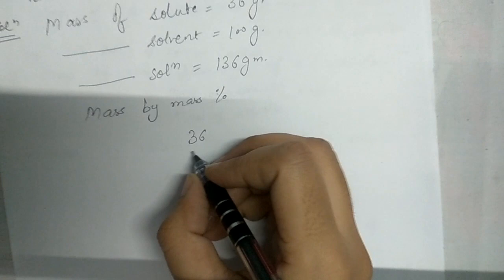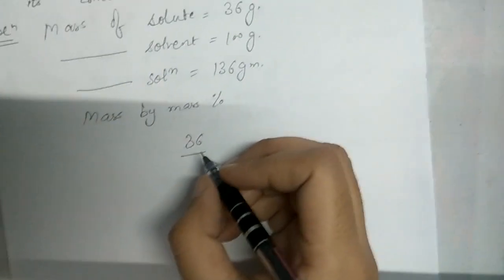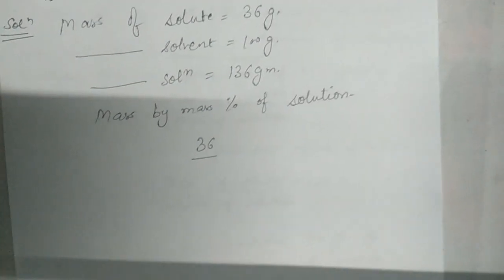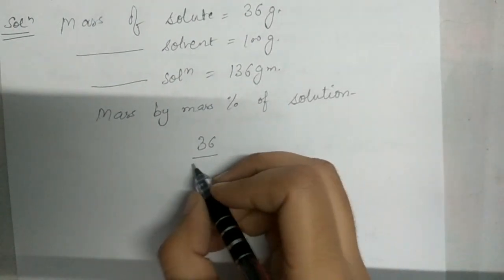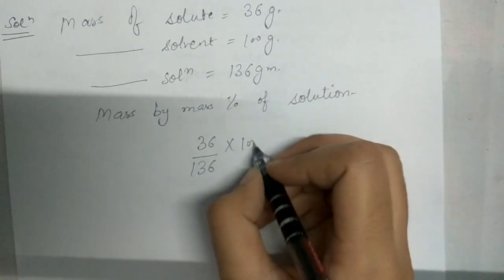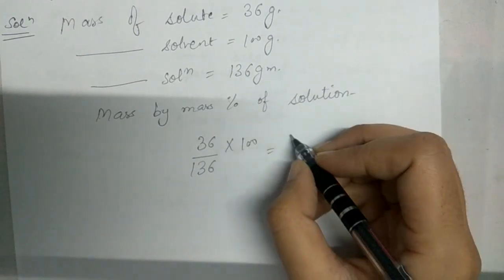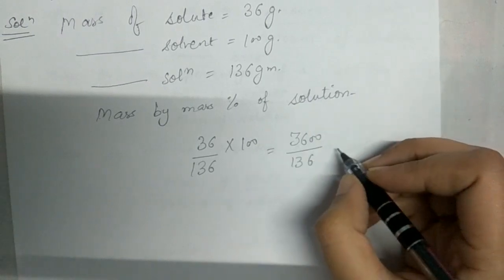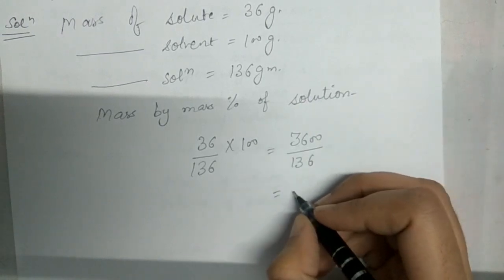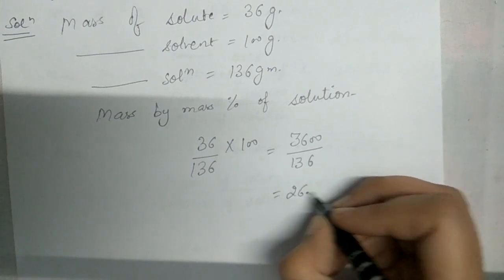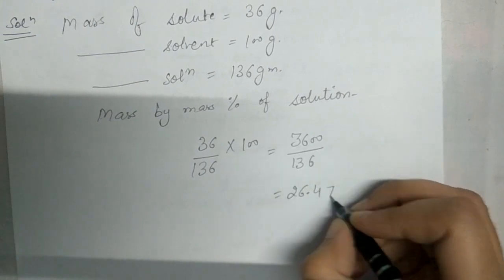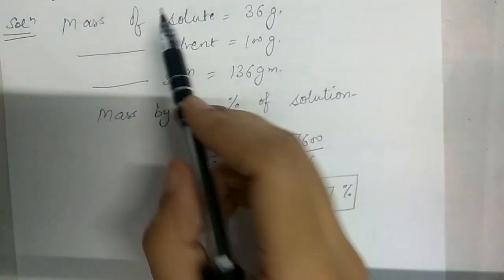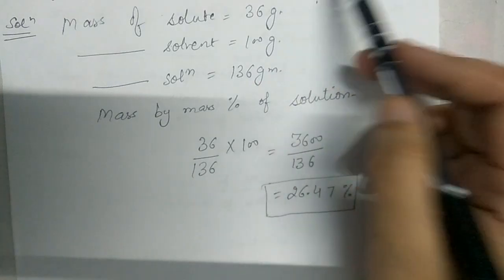We will write 36 divided by 136 multiplied by 100. So it comes out to be 3600 divided by 136. Again, if we convert it into decimal, we will get 26.47%. So it is the concentration of this solution at the temperature 293